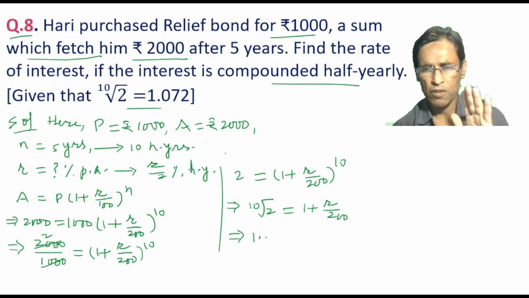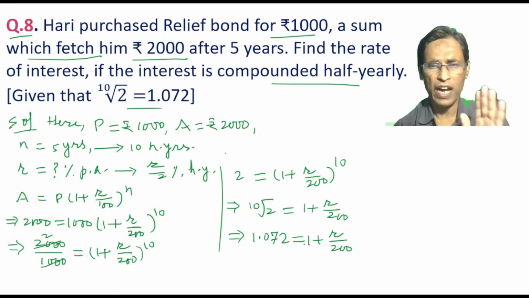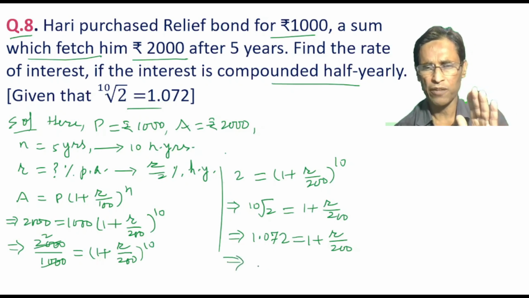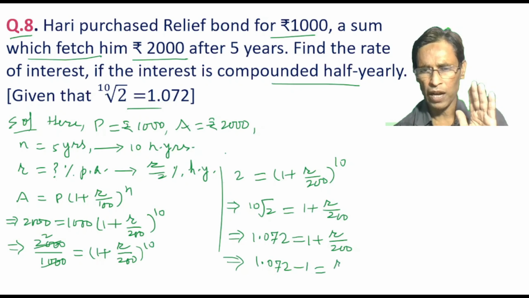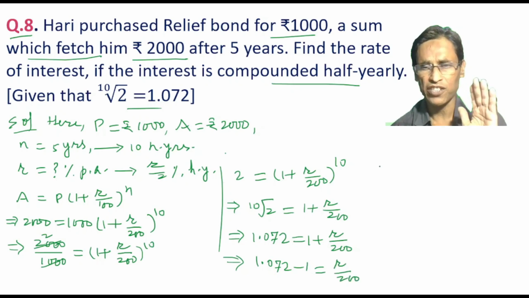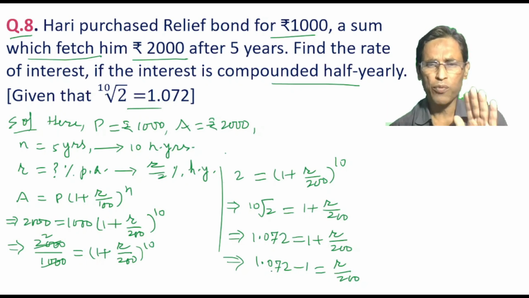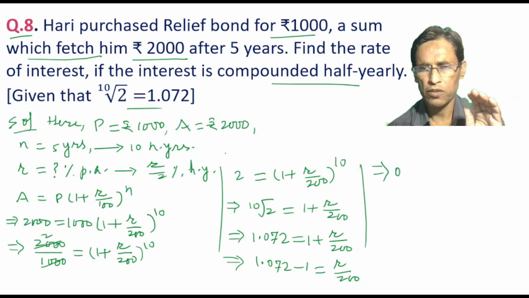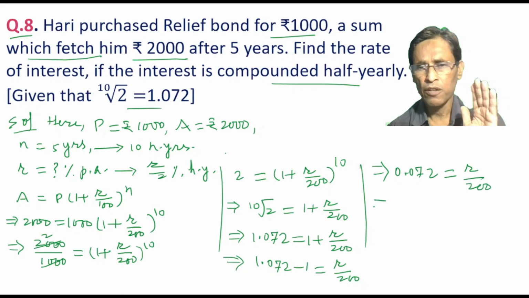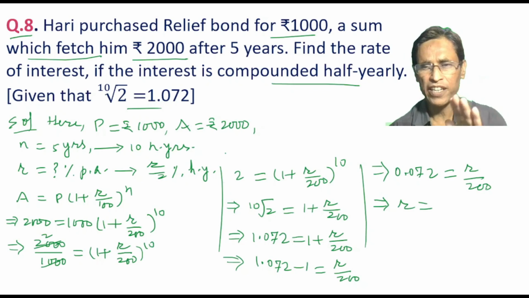That is, 1.072 equal to 1 plus r by 200. Now we solve the equation for r, and for this we take 1 from right side to left side. Therefore, 1.072 minus 1 equal to r by 200. In the next step, by subtracting 1 from 1.072, we get 0.072 equal to r by 200, which gives the value of r by taking 200 from right side to left side,